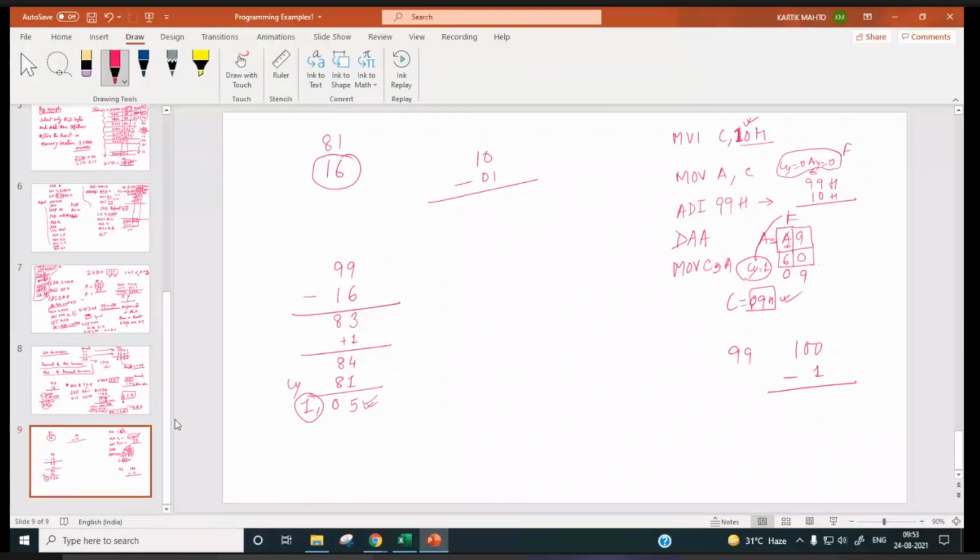So if you use DAA, then 6 will be added to this, and the result in the accumulator you will have 65.